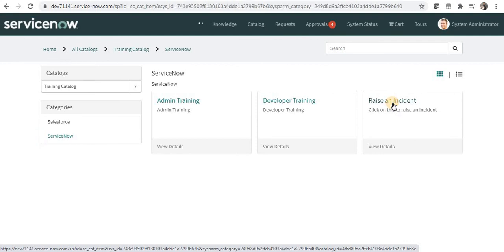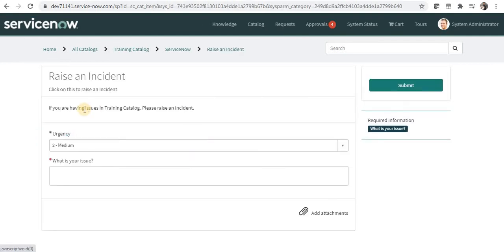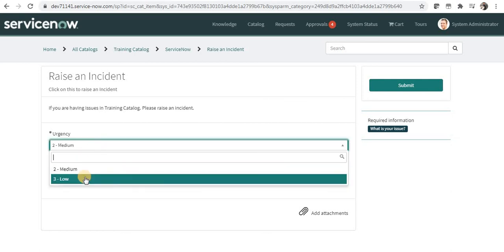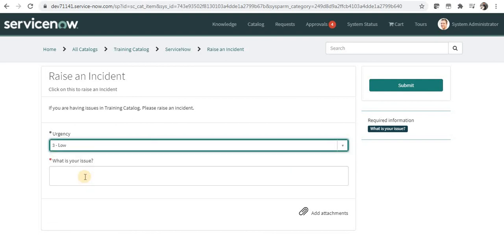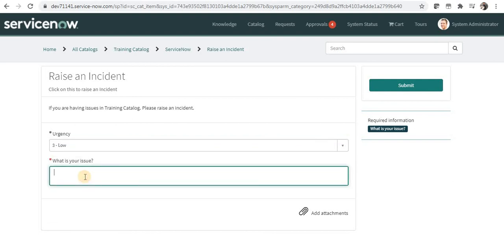I will click on this, and you can see the short description and description being shown here, and you can see the two fields, urgency and what is your issue mentioned, and I can see 2 medium and 3 low values. So I will raise a 3 low, and I will say my issue here.